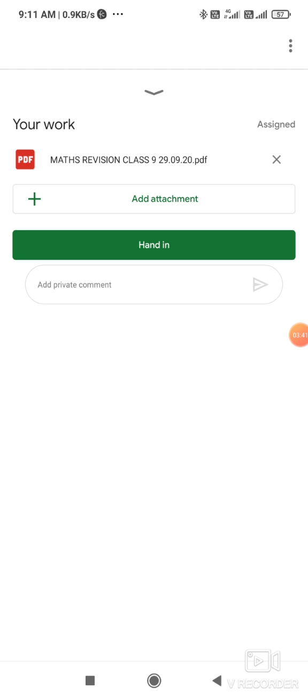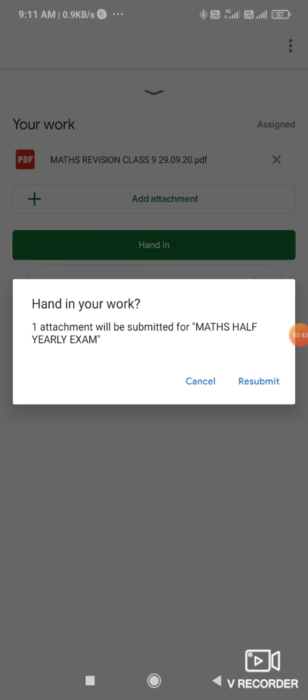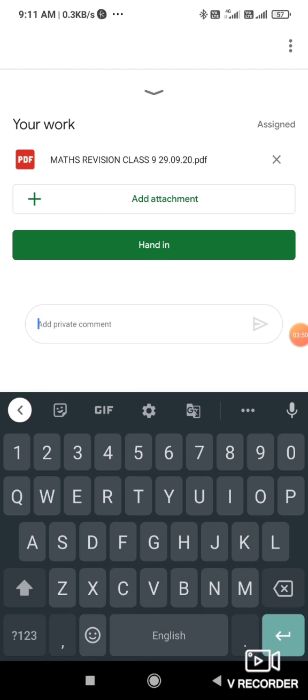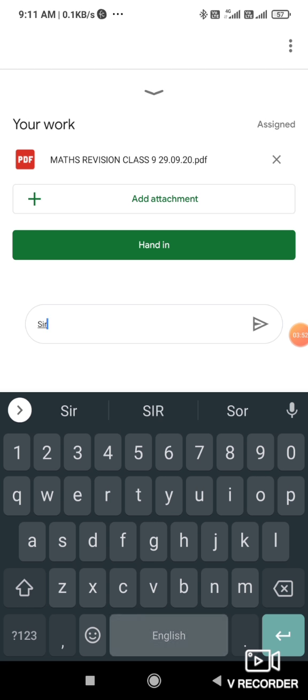Then you have to tap hand in here. Okay, clear? Hand in is mentioned there. If you want to write any comments, you can write it: Sir, I have submitted my assignment. This is optional, not mandatory.